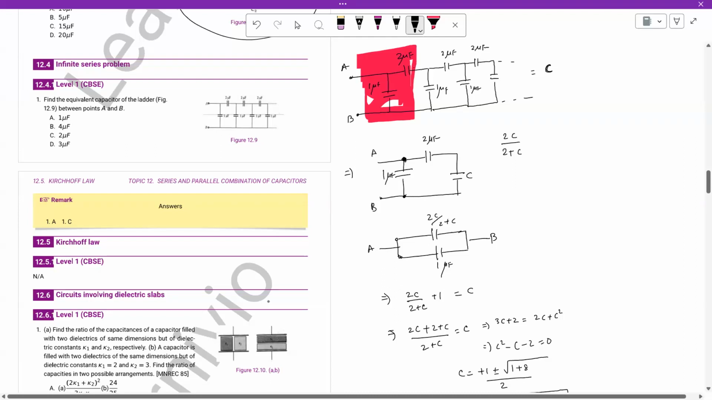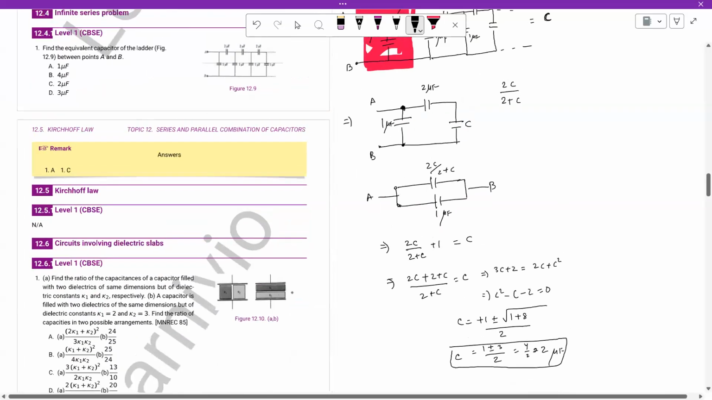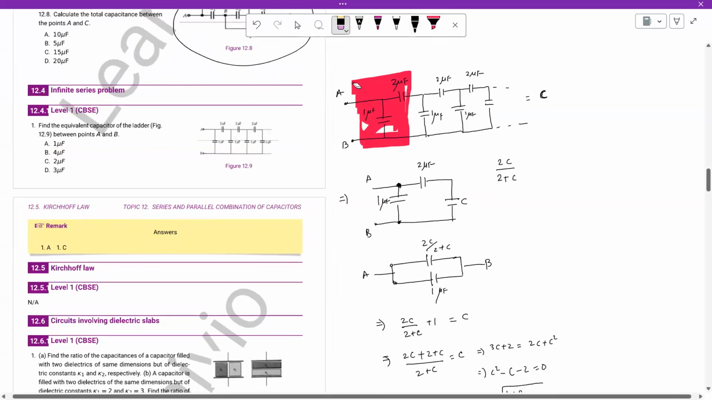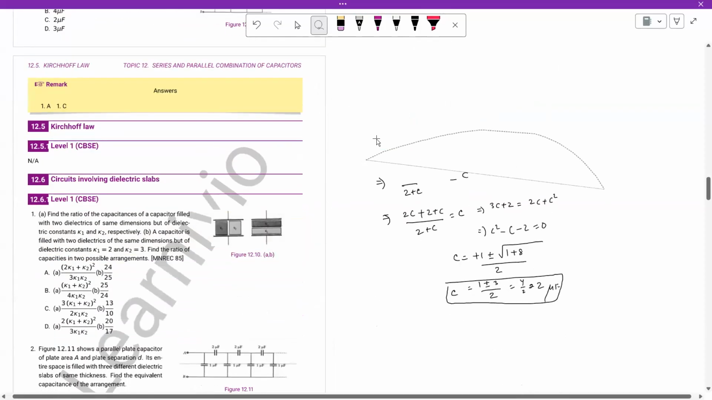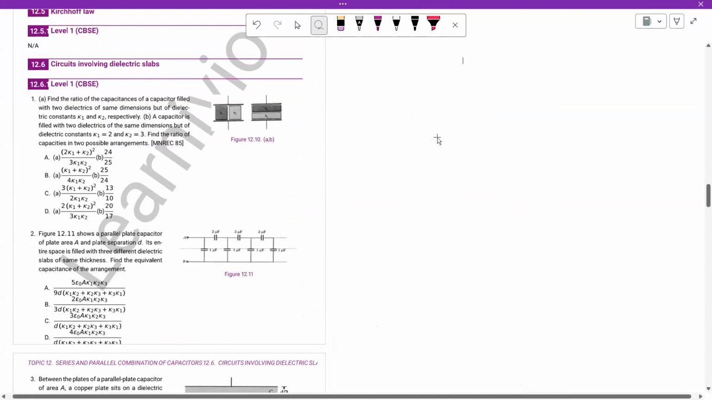Done, sir. Done. Okay, so now Yes. let us do these dielectric questions and then we'll start the fourth one. Okay, so